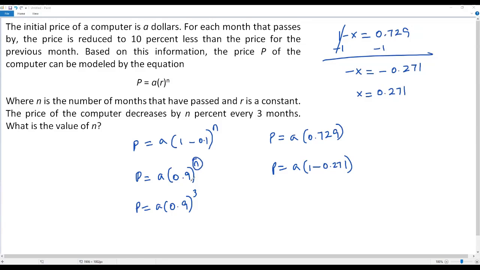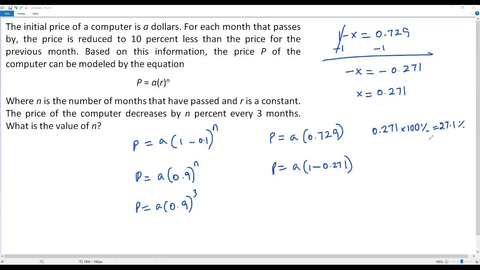n equals 3 means 3 months. So in the first 3 months, the price of the computer is decreased by some percentage which is given by the decimal number 0.271 here. Now to get the percentage form of this decimal number, we have to multiply 0.271 by 100. So when I do so, I'm getting